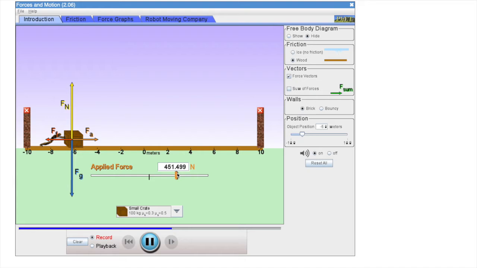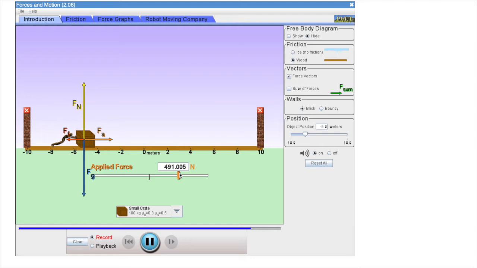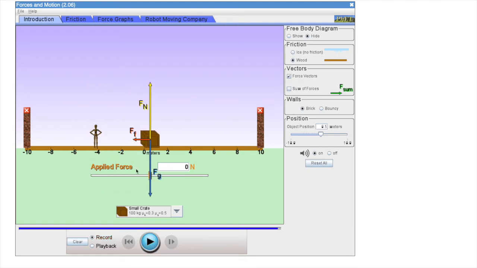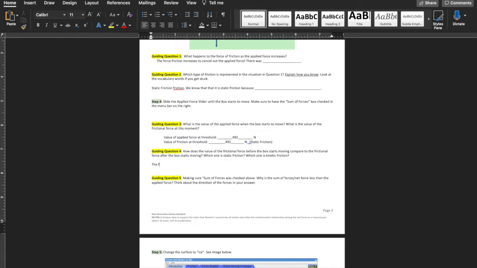So right now, look how long the force of friction is, how long the arrow is. Okay, and then how long is that arrow now? That's a lot less. So the frictional force after the object starts to move is less than when it wasn't moving. Okay, so the frictional force after it moves